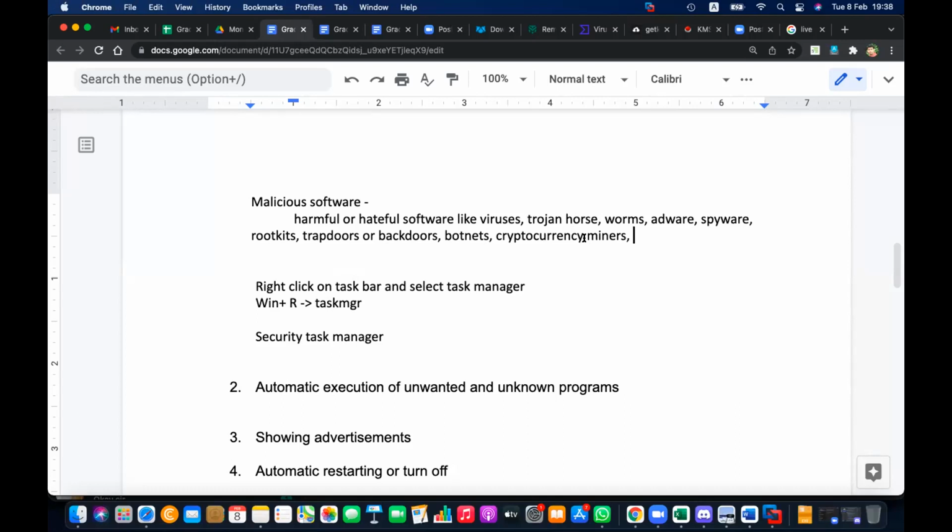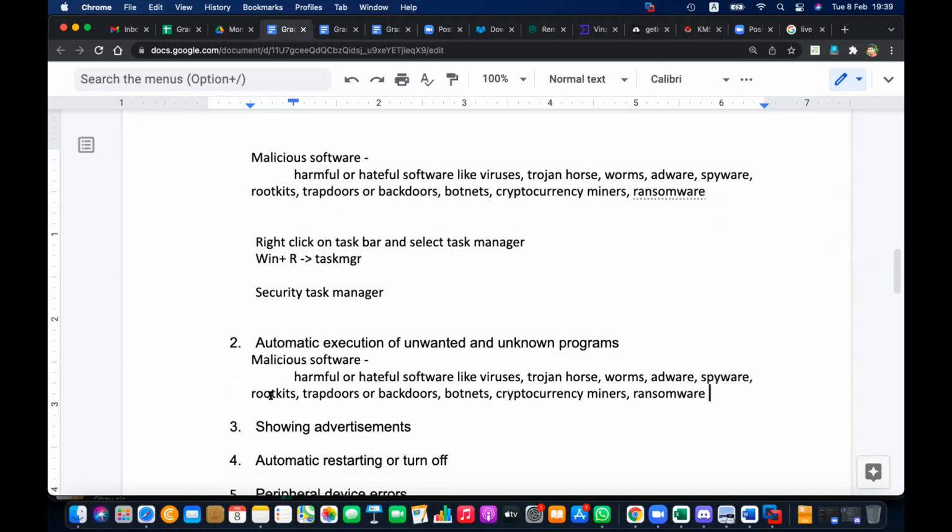I'll explain one by one what those are. We call crypto viruses ransomware. Okay, so malicious software, you can just get the same point to this one.